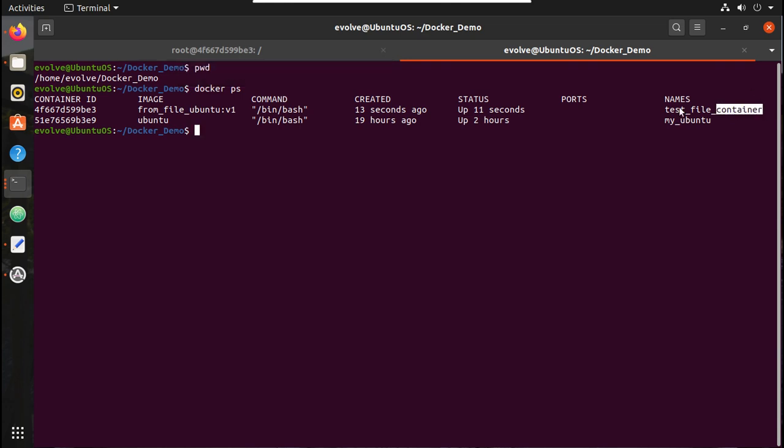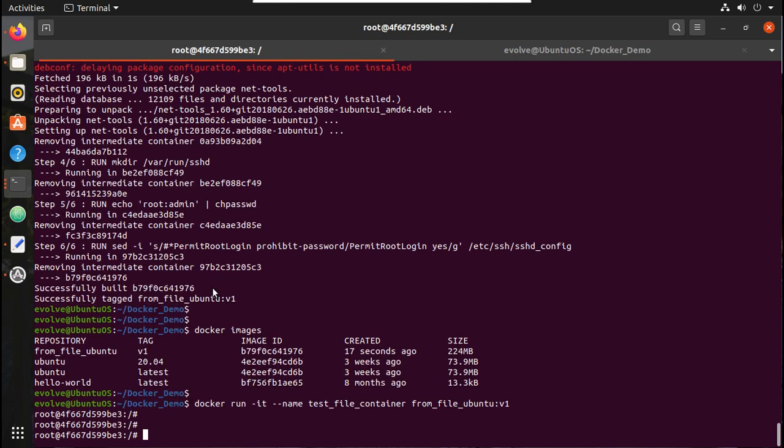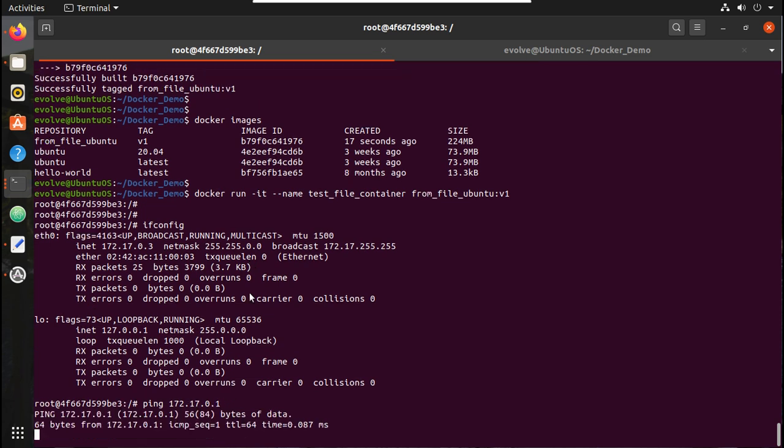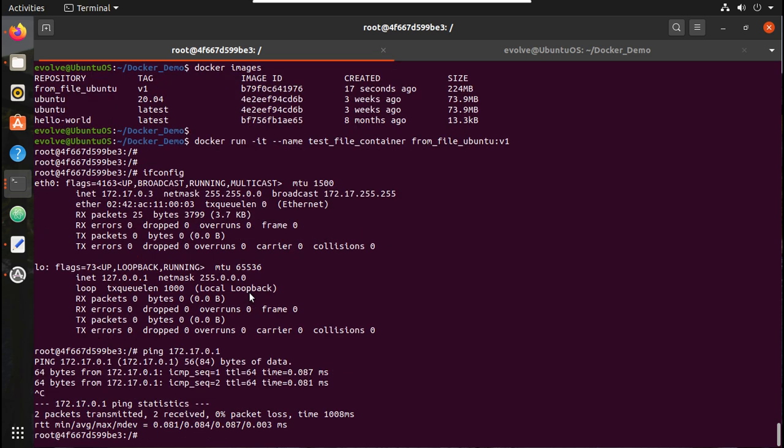The image was created using docker file. Now let's see the IP address. Since I have installed net-tools, by default I am getting ifconfig output. Now let me try pinging 172.17.0.1. Even ping is installed.